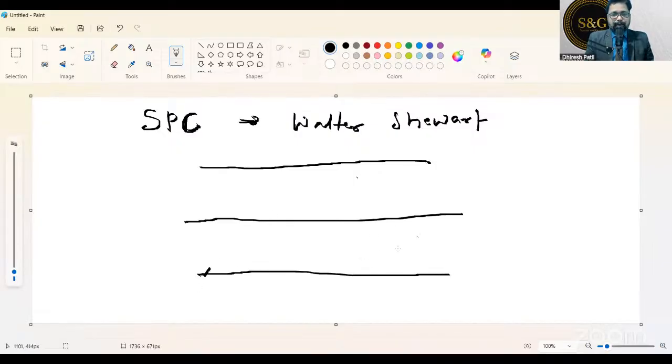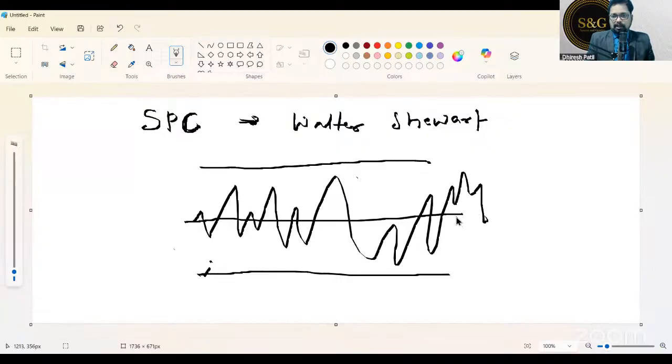Okay. Any process, let it be a manufacturing process, let it be a service process. Once we collect the data from the process, now I'm talking about a continuous process. A manufacturing plant which is continuous, or let's say there is a BPO, which is on a continuous scale, you are just addressing inbound phone calls, customer complaints or something like that. So you are just monitoring all the data. If you plot those data on the graph, let's say it looks like this.